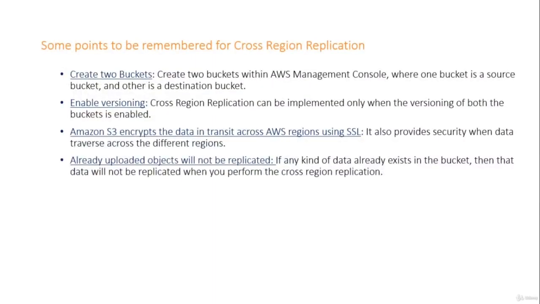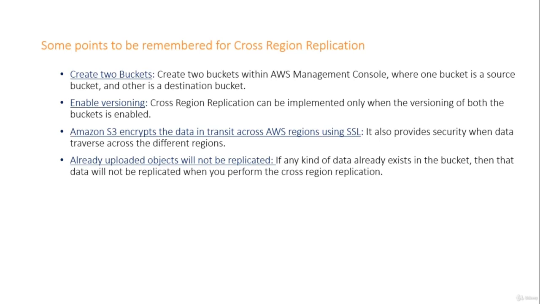Here are some points to be remembered for cross-region replication. At first, create two buckets within the AWS Management Console, where one bucket is a source bucket and the other is a destination bucket. Second, enable versioning. Cross-region replication can be implemented only when the versioning of both the buckets is enabled. Third,